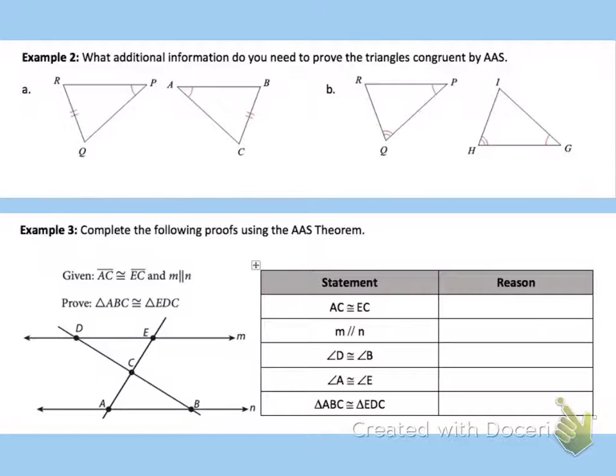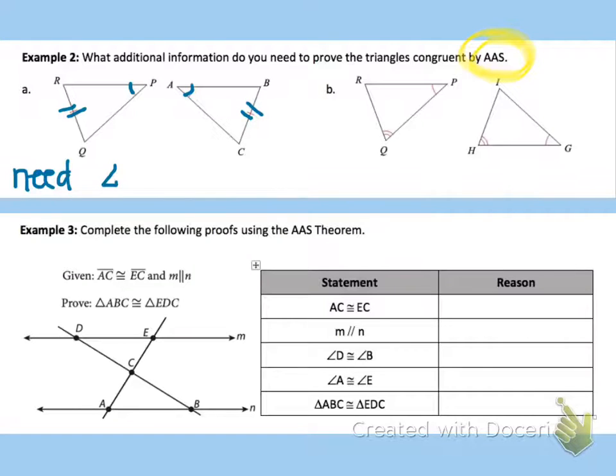Okay, so as has been the case in all the other lessons, we always have an example where they might ask us what additional would we need to prove using angle side. So again, they're wanting us to focus on the one with two angles and a non-included side. So I see that there's an angle marked here and here at A, and then I have this side here. So I really have two options here. I could either, so you would need either